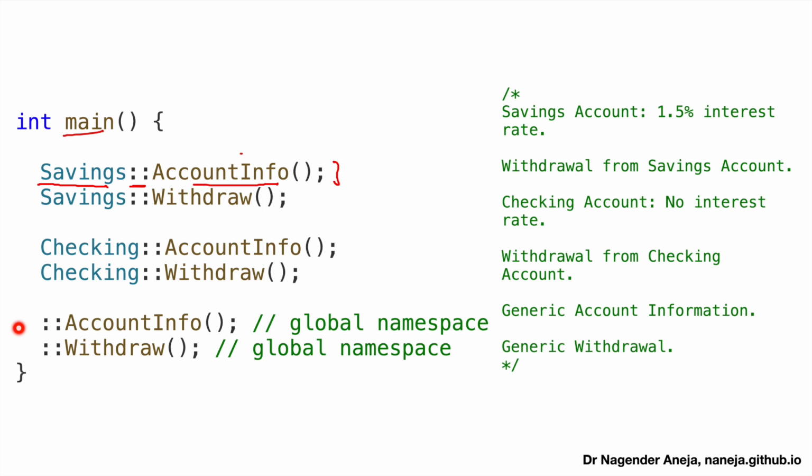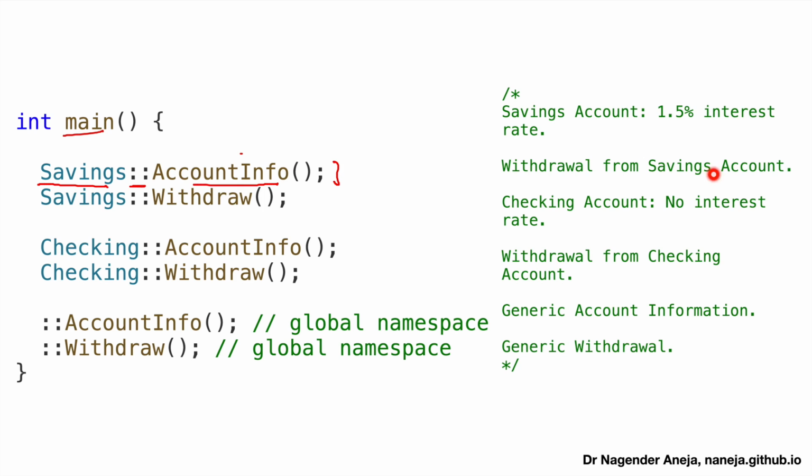No need to write anything here. Just say double colon, and account info, and again colon withdraw function. So this will use the namespace, and you will see here the savings account 1.5 interest rate, because this is